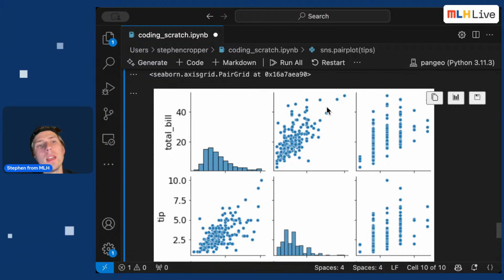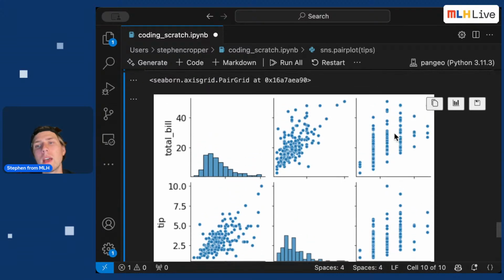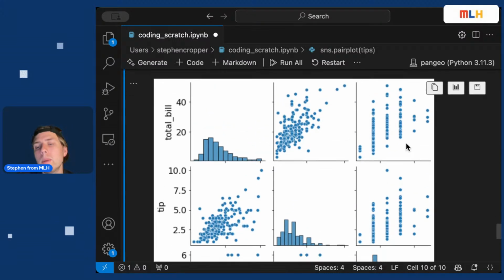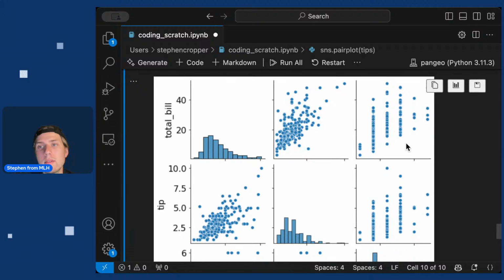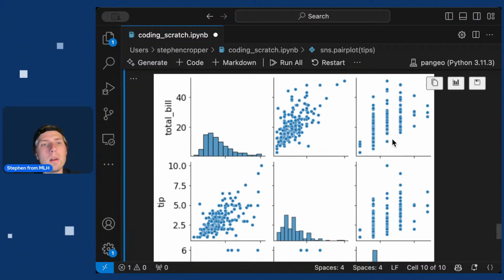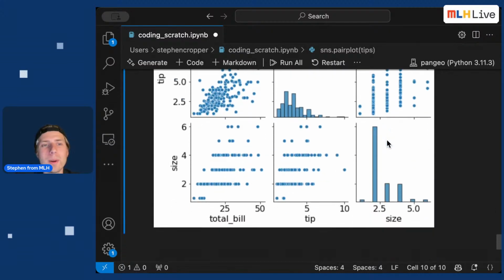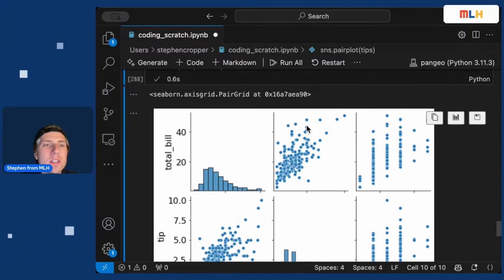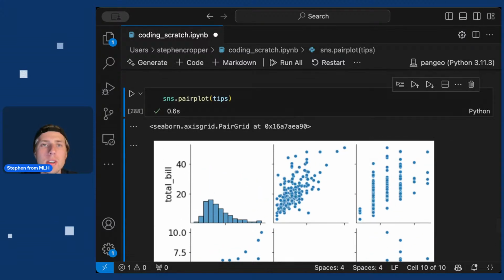And then in the last column here, we have the size on the x-axis versus the bill and the tip. And you can see there's some relationship there, but it's a little bit weaker between the bill and the size of the party. You get these funny vertical lines because, of course, it's impossible to have a party of 2.5 people go out to dinner. And then yeah, this is a really good way to just quickly check your relationships within your